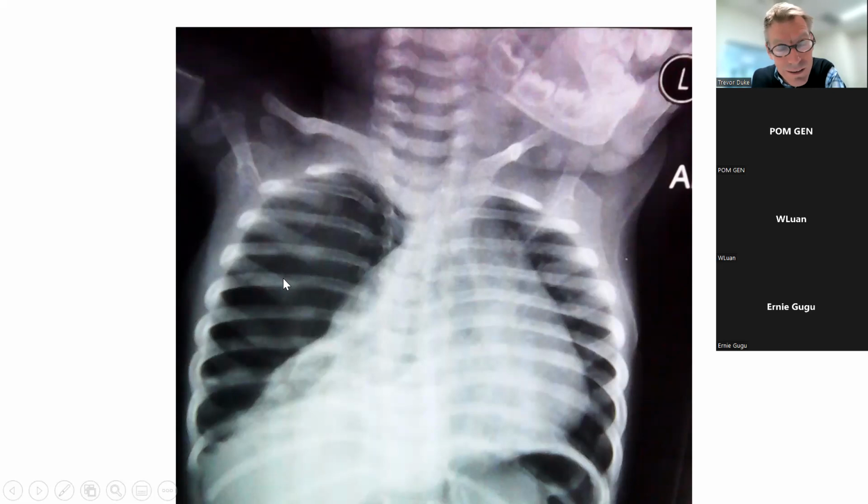It looks rotated. Yeah, I think it's probably rotated quite a lot to the left, and what that does is give you the appearance that the mediastinum is shifted, if anything, to the left, whereas probably if it was a better centered film, then the mediastinum would be a bit straighter,